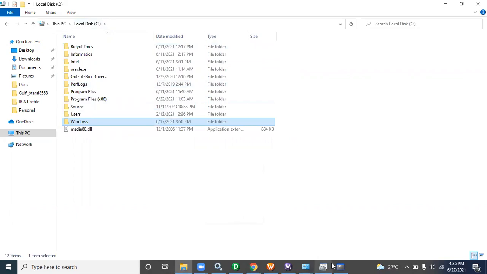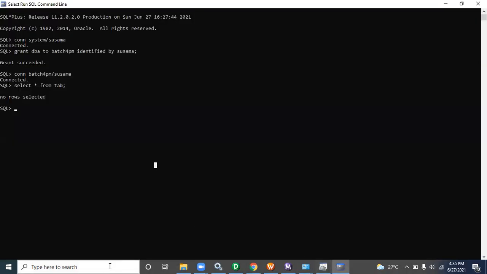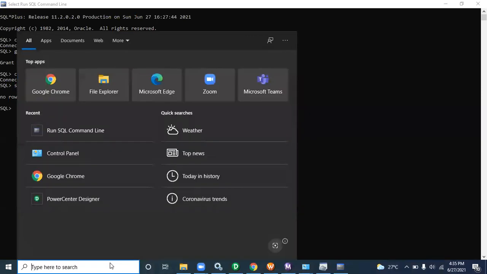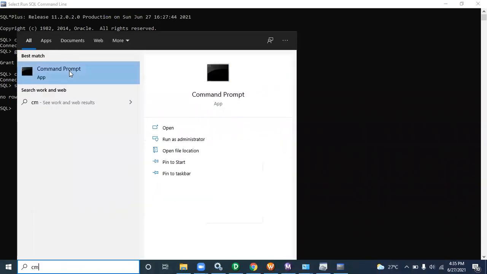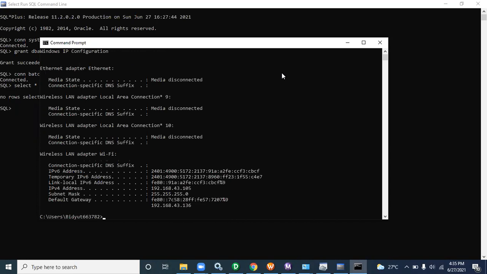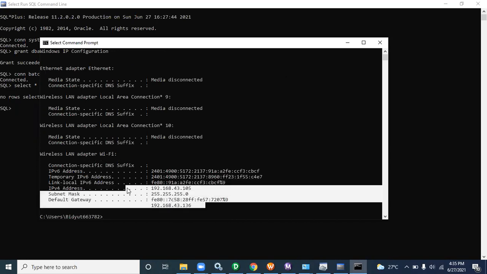Ipconfig. Let me check, because I did not go through on that level, because it's a company laptop. So it will show the company IP now, because it's a company address.